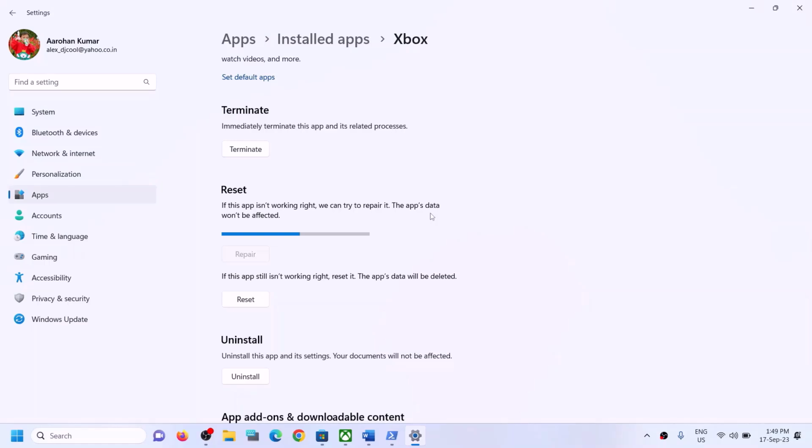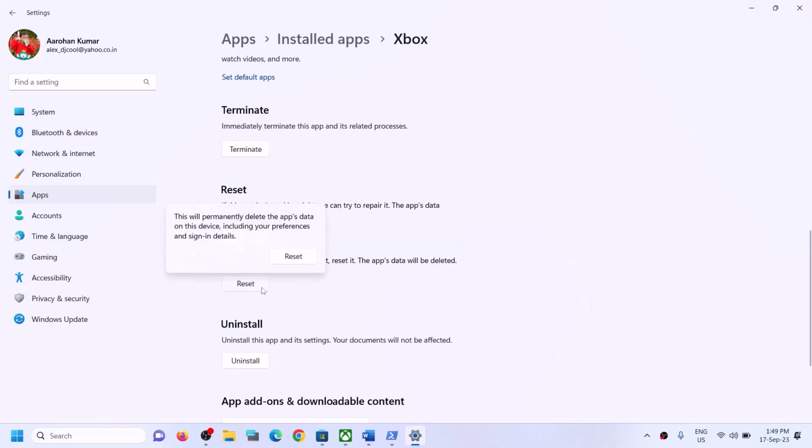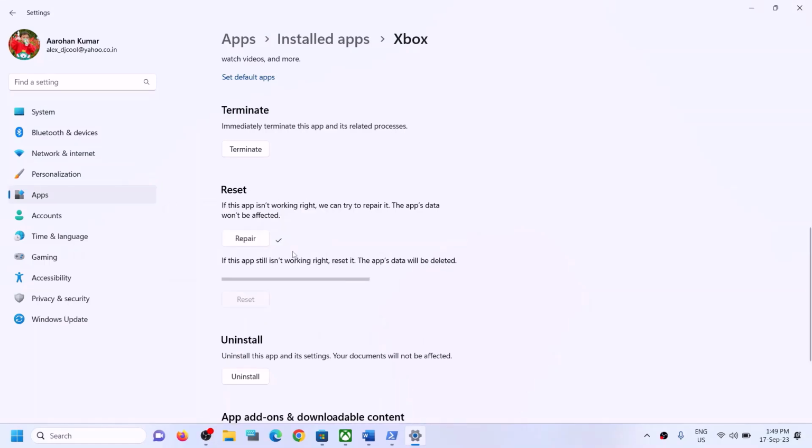Click on Repair, and after the repair you can try to install the game. Still if you are facing the problem, if the repair does not resolve the problem, in that case you can perform Reset. Now once the reset is complete, you can try to install the game. But if even the reset is not fixing the problem,